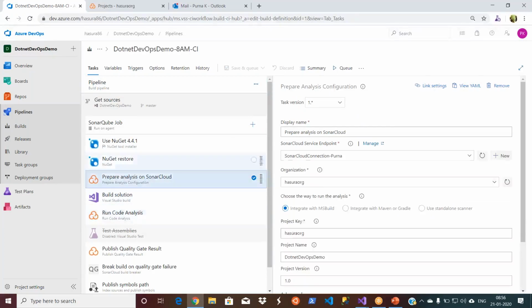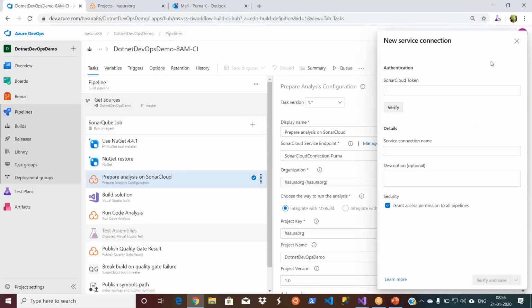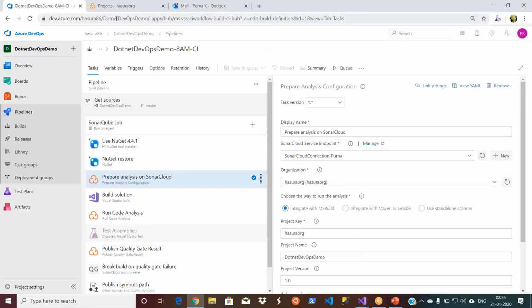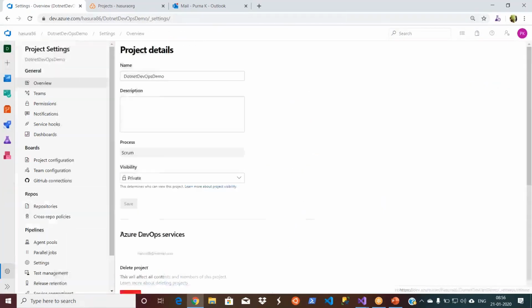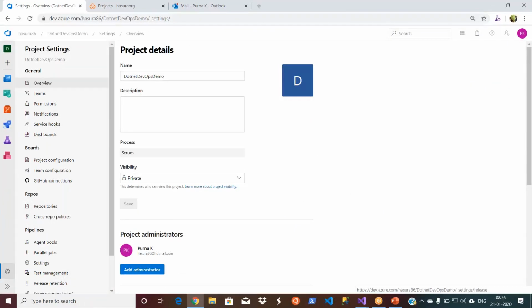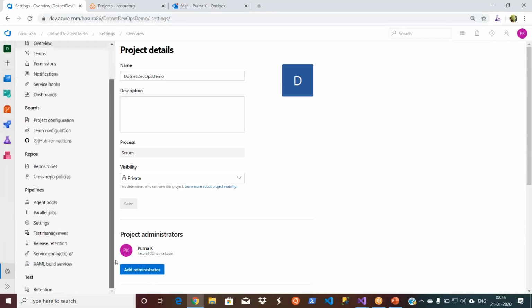Prepare analysis for Sonar Cloud. See, my connection is already established. I don't have any edit option here. If I have to edit, then I have to create a new one only. There is another place probably where I can go and get these tokens.